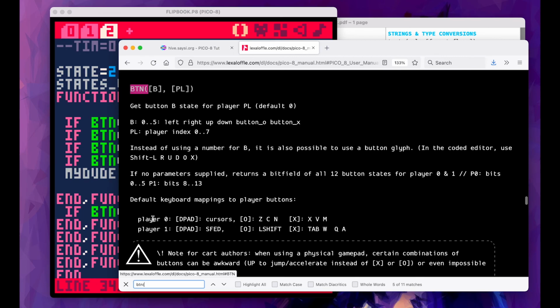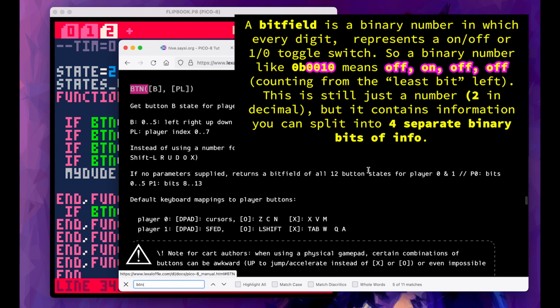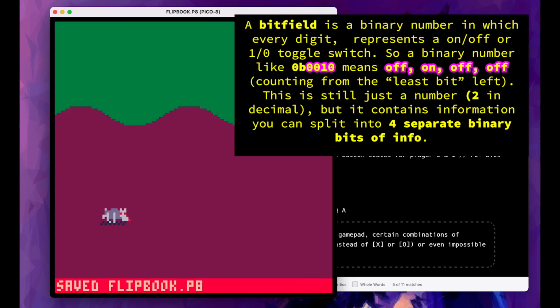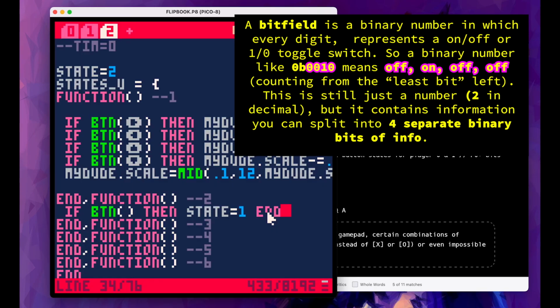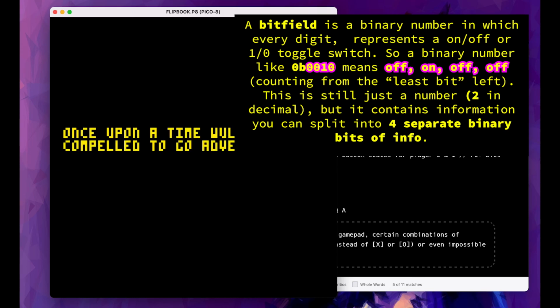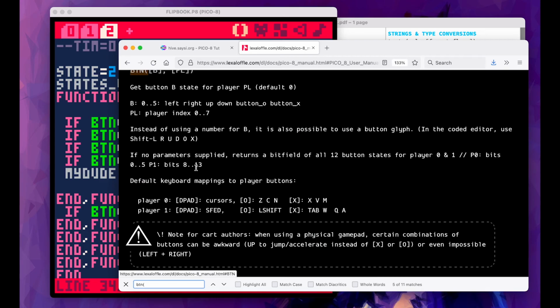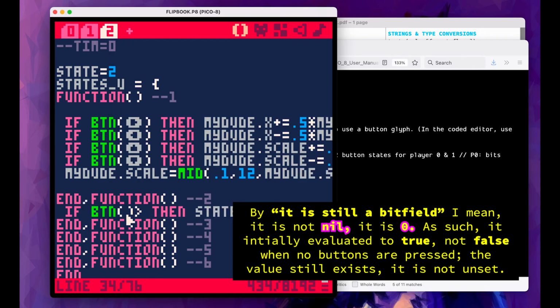If no parameter is supplied, it returns a bit field of all 12 button states for the player. So I'm just going to say if button, if it's returning anything at all, then state is equal to 1, and this is all we need. So whoops, 0. There we go. Okay, so button returns a bit field. Clearly, the bit field of all zeros is still a bit field. So if this is bigger than 0,